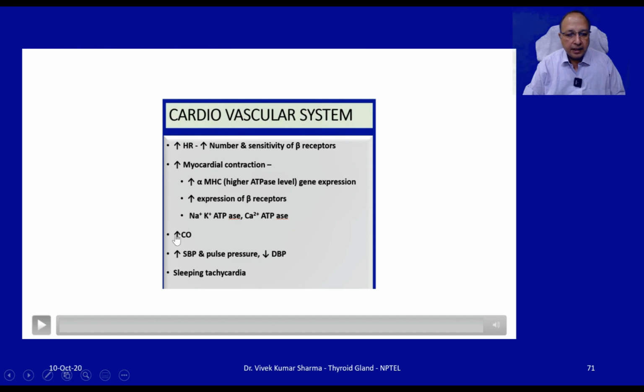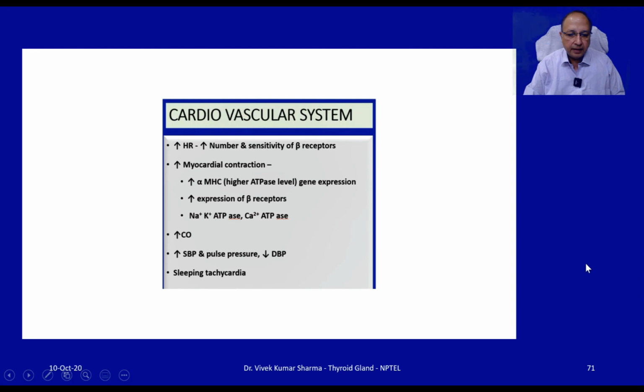It increases the cardiac output by causing an increase in the systolic blood pressure. Although there is an increase in the systolic blood pressure, the diastolic blood pressure may be decreased. It is so because there is a higher body temperature that may lead to cutaneous vasodilatation, and that leads to decreased peripheral vascular resistance. Due to the increase in the systolic and a decrease in the diastolic blood pressure, pulse pressure is increased in the case of hyperthyroidism. It might also lead to tachycardia when it is present in higher levels.